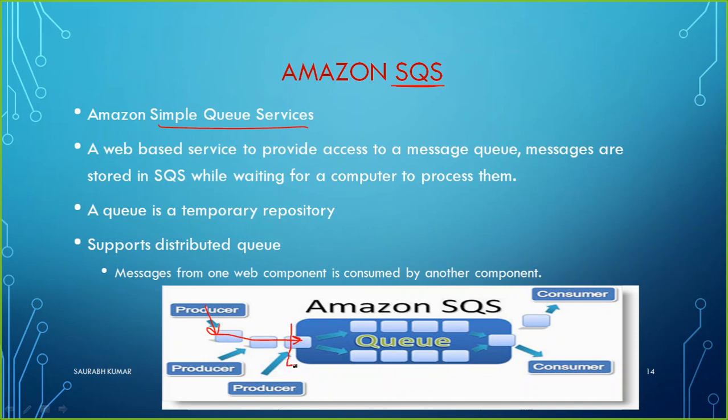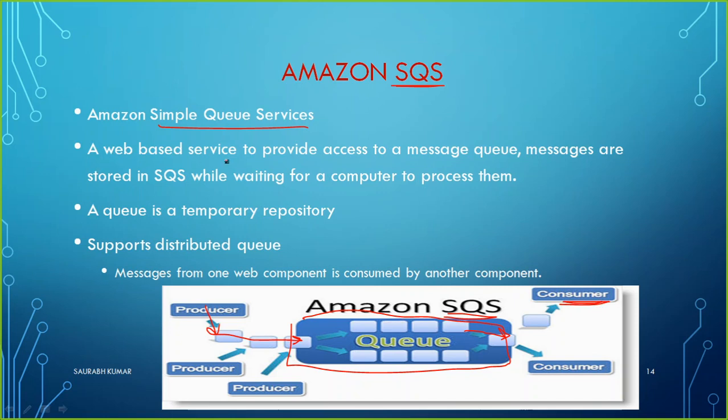SQS's task, as per its name, is going to queue those requests, these notifications. They will be putting them in a queue in order. Like if you go to an ATM to withdraw money, you have to stand there in a queue. Once you get your turn, then only you go inside and withdraw your money. If you go to a railway station to get a ticket, you may have to stand in a queue. So the same queue fundamental is applied here also, and that queue function is being managed by SQS. Any notification, any request that is coming can be queued properly with the help of SQS, and in that order it can go out and reach the consumer.